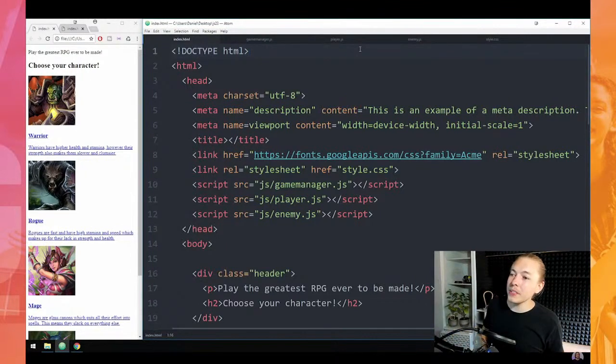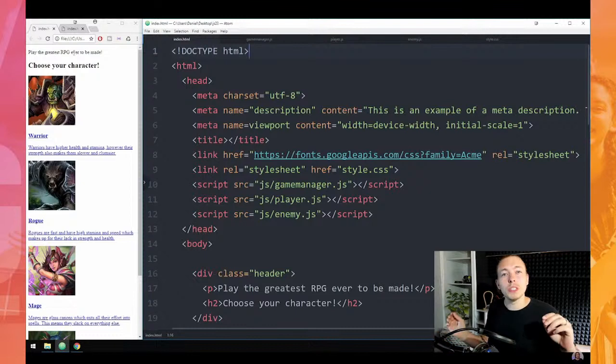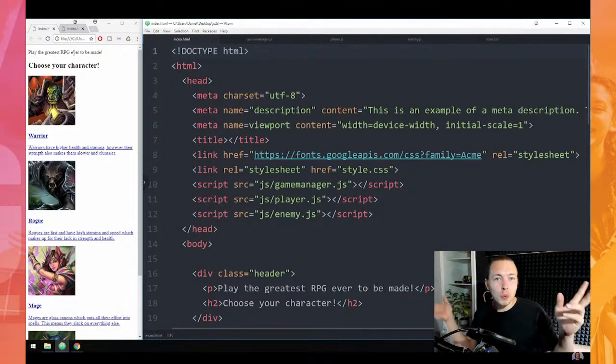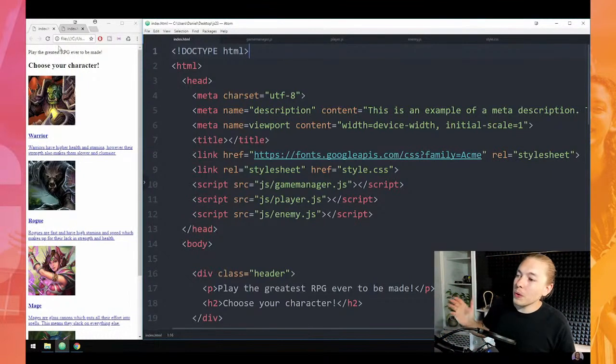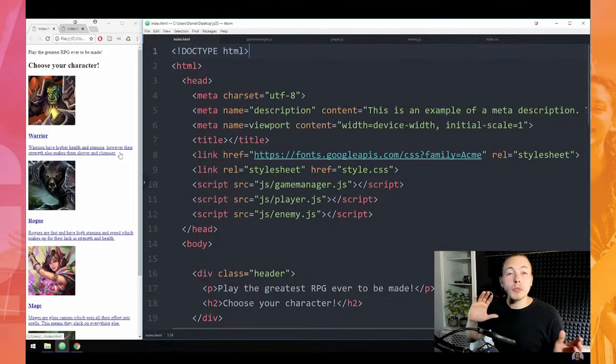So, what we have here is our game from the previous episode. As you can see, what we did so far is we built the first part of the interface without really styling it using CSS, because we're going to do that in the last episode. CSS styling is not really part of the JavaScript course, if you can say that. So what we're going to do in this episode is build the functionality